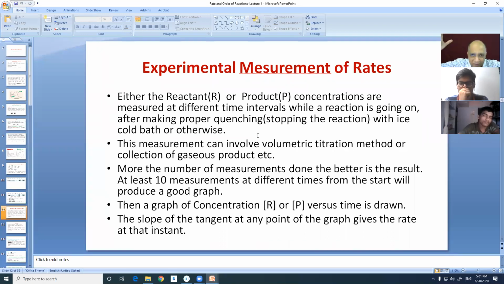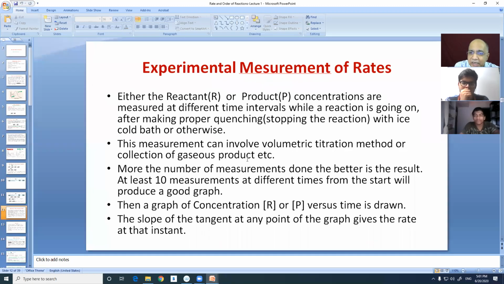Use the burette, make your burette completely filled, and add an indicator. Just titrate quickly and take the reading. Then another fellow will be ready to pick up one test tube from that thermostat after 20 minutes. So every 10 minutes, we take up one test tube and measure. Maybe someone will be monitoring the product if it is convenient. Maybe in some reactions, we monitor the reactant. It is up to us, depending on the convenience of measurement.